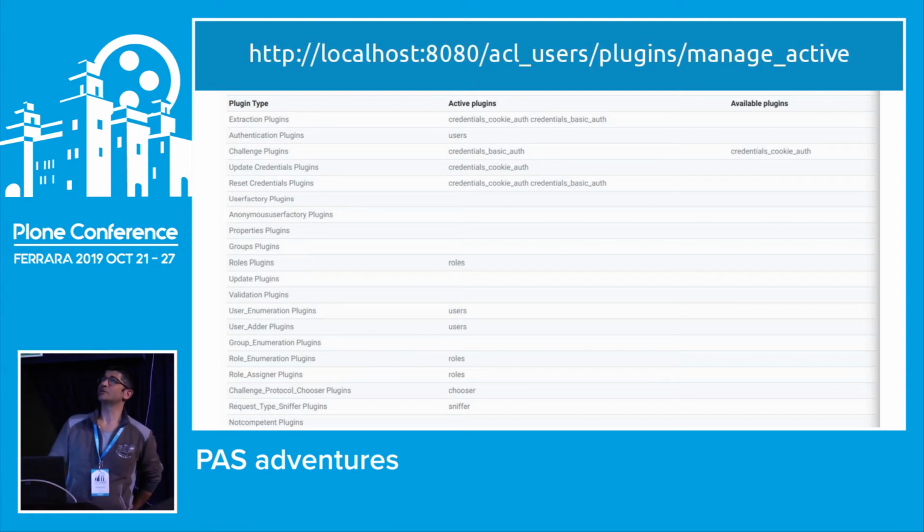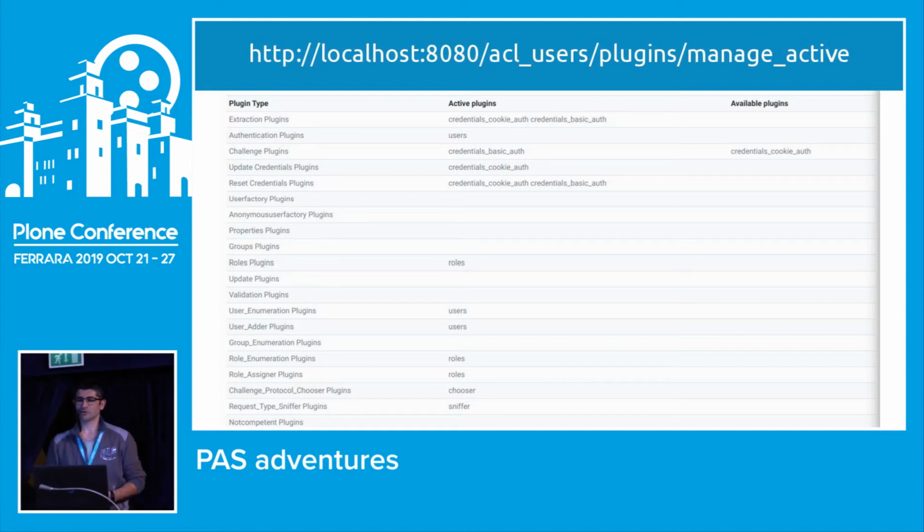You can see that you have 3 columns here. In the first column, you have the plugin type, and you have many plugin types. We will briefly check them later. And you have another column with active plugins and another column with available plugins, which are not active, but can be activated. And also plugins can be ordered, so that, for example, if you want to authenticate your users,